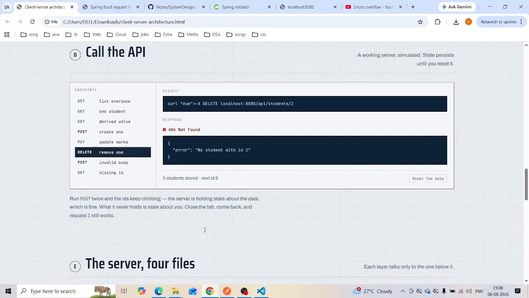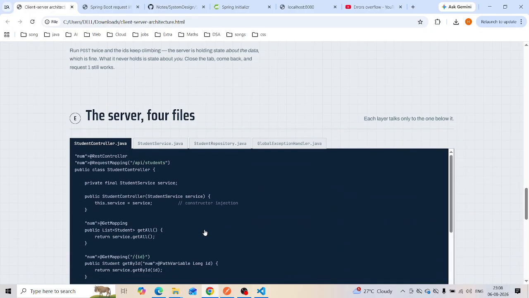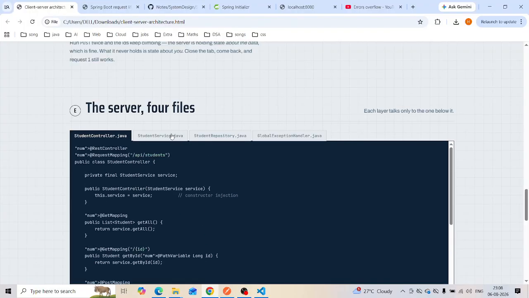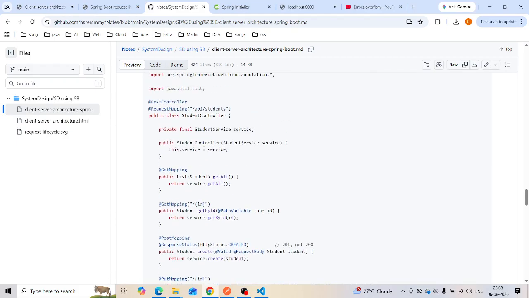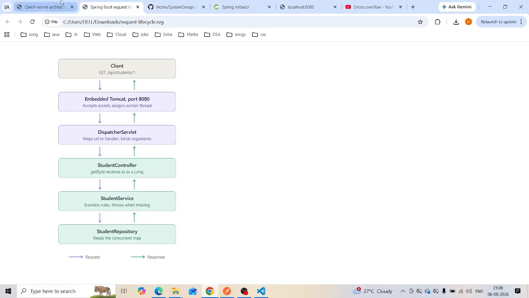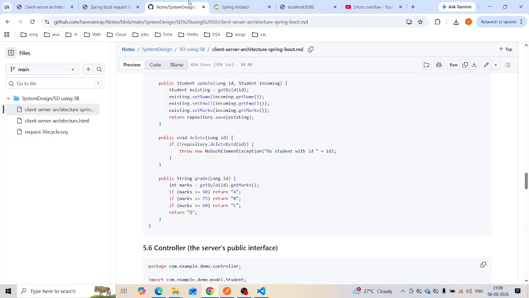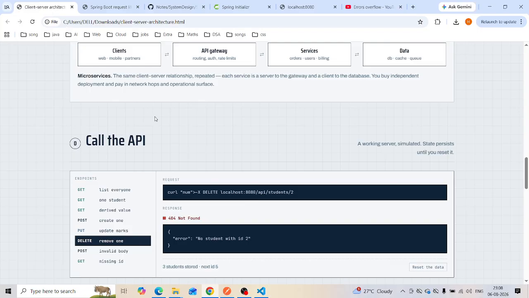This presentation has the code attached as well, so you can look from here, and I will provide the URL of the GitHub. You can look into it.